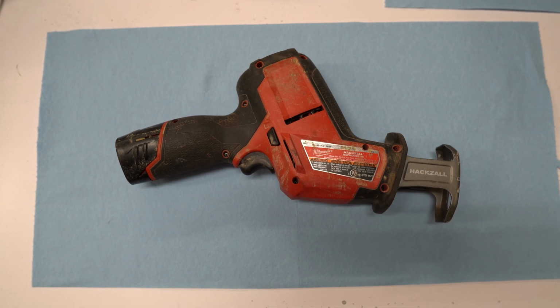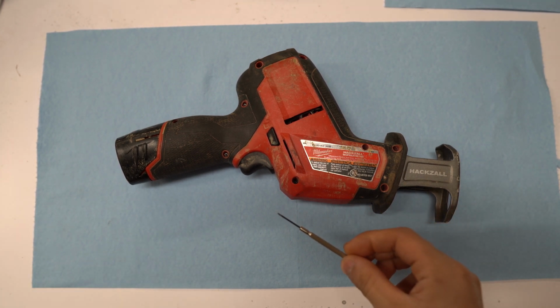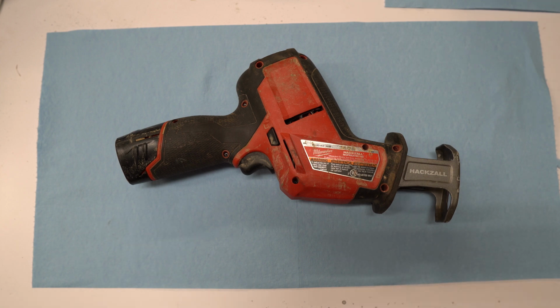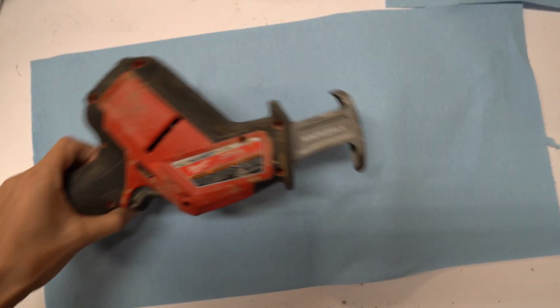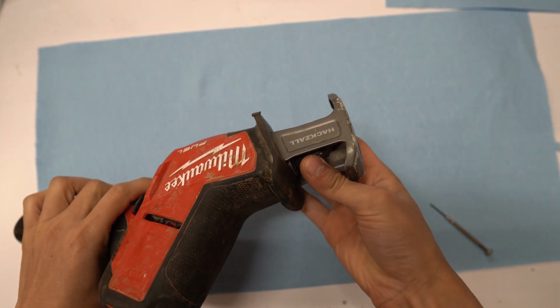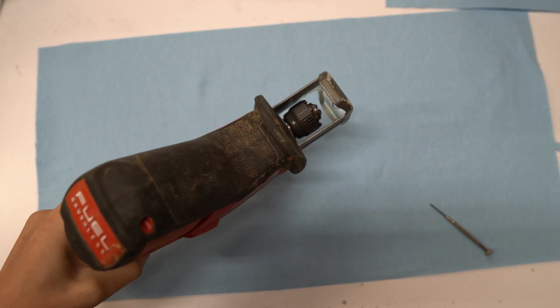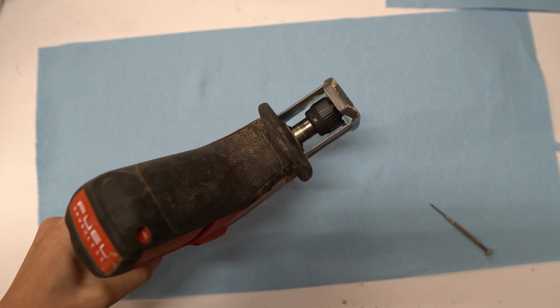In this video, I'm going to show you how to repair the Milwaukee hacksaw blade clamp assembly. Sometimes it gets stuck, and all you need is a flathead screwdriver, or a small one. Sometimes the blade clamp gets rusted out, and that's why it gets stuck. It's pretty easy, you just have to take it apart, put some lube in there, and it should be